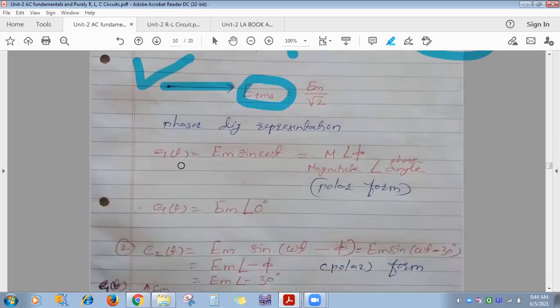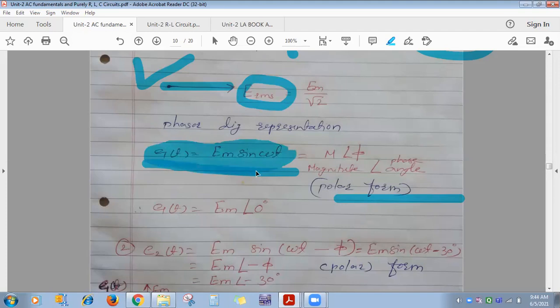Now how to represent it in polar form? Because I told you addition and subtraction become easy in rectangular form, and multiplication and division become easy in polar form, rather than in this form. To do addition, subtraction, multiplication, division in instantaneous voltage or current equation form is difficult. You can make calculations easy when you convert to polar, and polar you can easily convert into rectangular using a calculator. So this conversion we use to make calculations easy.